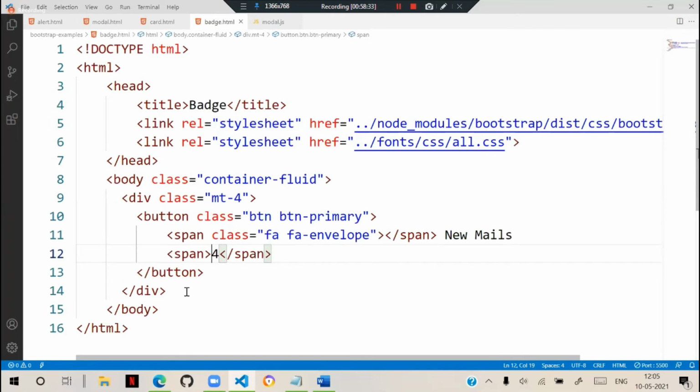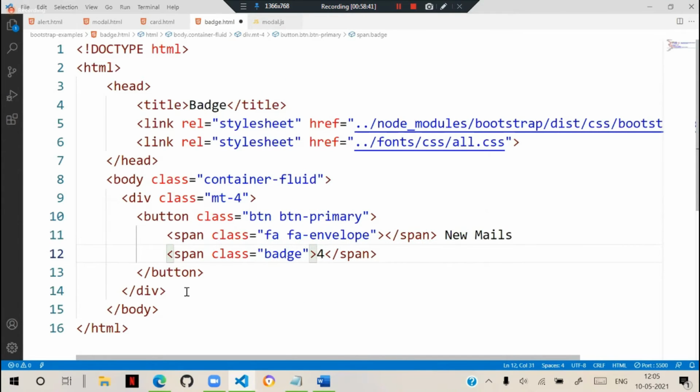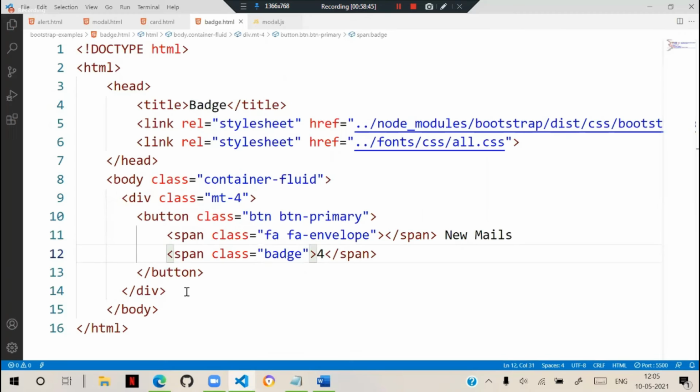Then we generally have a habit of defining this with a class called badge. So badge will have a separate appearance. For that we need to use colors. Earlier we used to have badge primary, badge secondary.